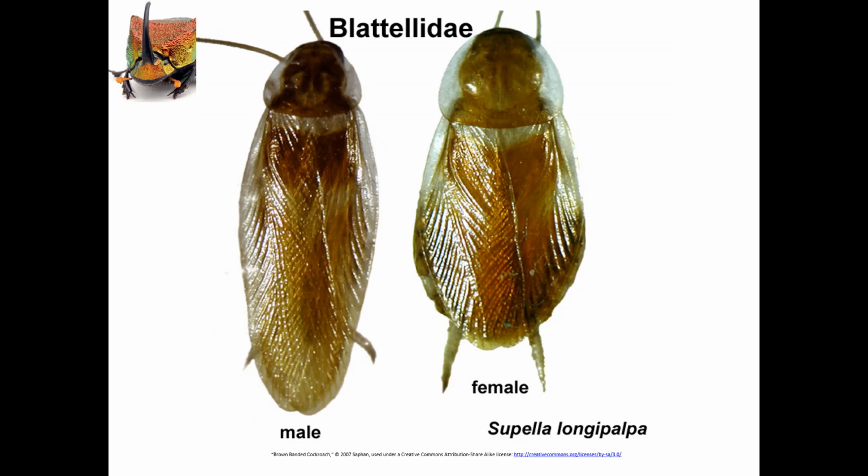They prefer starchy foods when they feed, and they have a much lower water requirement than the German cockroach. So they tend to be found in dimly lit areas, in drier areas of your home. So places like your living room, your bedroom, those sorts of places where you're going to tend to find these rather than under the sink in your kitchen or in your bathroom. Because of their love of these drier areas, they are much harder to control than the German cockroach because they tend to spread out all over your house.